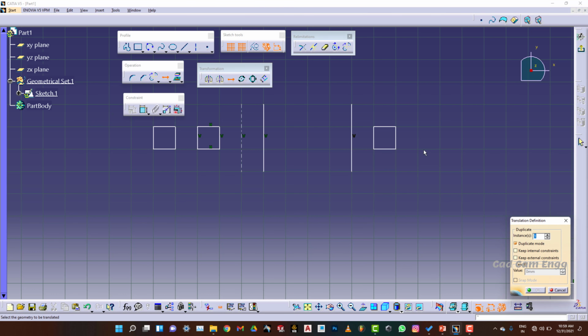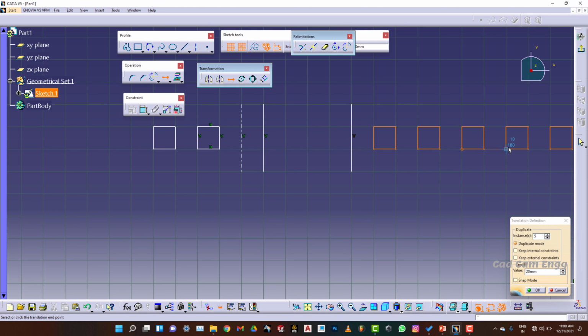Translate I am giving here, and then if you want a duplicate you can use duplicate mode, or else you can uncheck this, or keep internal constraint, keep external constraint. If you want to maintain the constraints, you can keep both also. And here instances, whatever number of instances you want you can do. I need 5 extensions of this body from here to here.